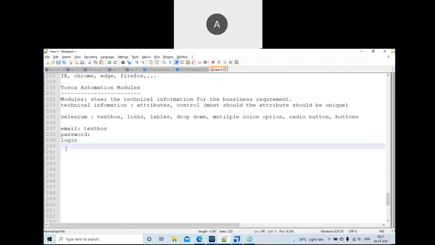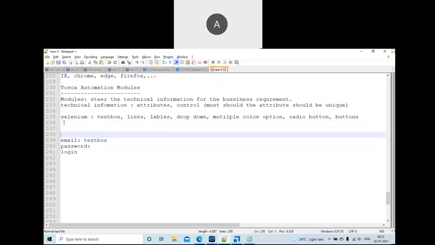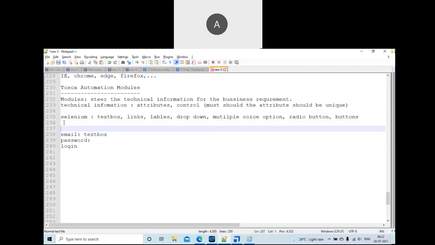Coming to some other languages, not Tosca: while identifying the text boxes, links and drop downs, they will write some coding to identify the controls, based on the programming language. If the project is related to Python, they will write the code to